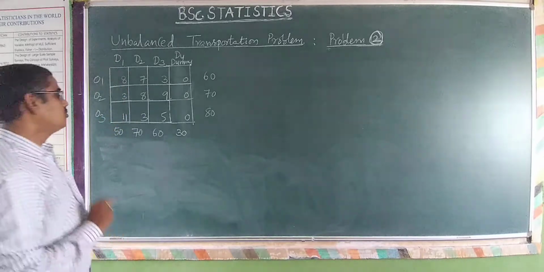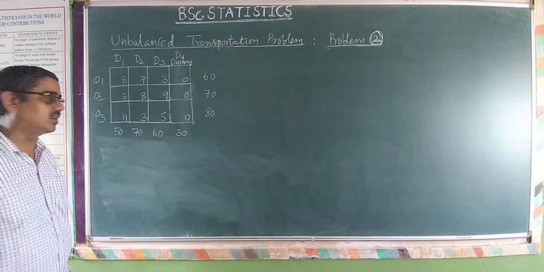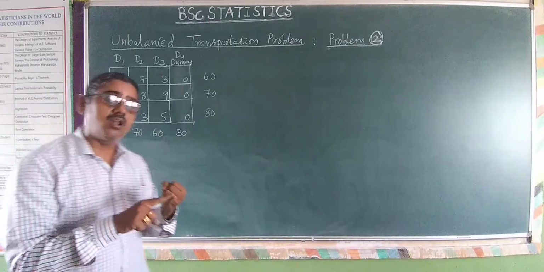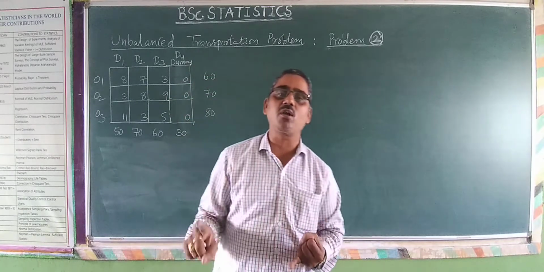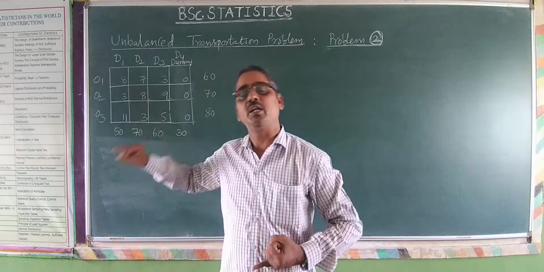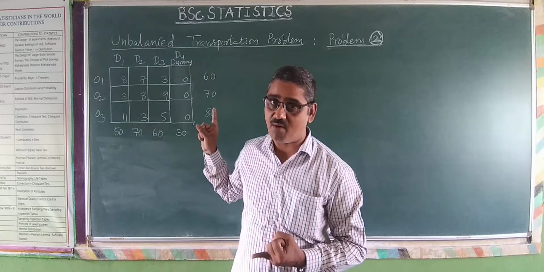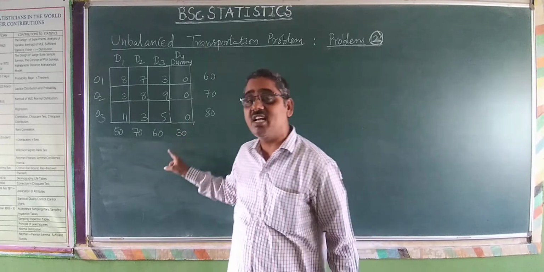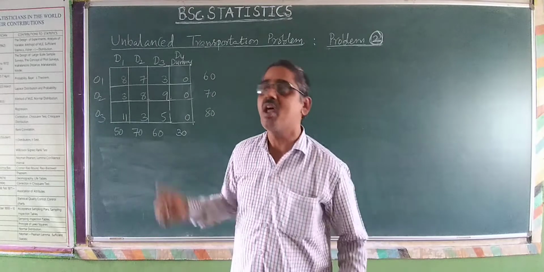it is the same. The only difference is that if you observe degeneracy, you have to use the MODI method. So first we examined summation Ai and summation Bj, whether they are equal or not. They are not equal, therefore it is an unbalanced transportation problem. Now it is required to introduce a dummy origin or destination, because the sum of the requirements is less than the sum of the availability. Therefore we introduced a dummy destination with the remaining requirement 30, so that they are equal. This is what we did.